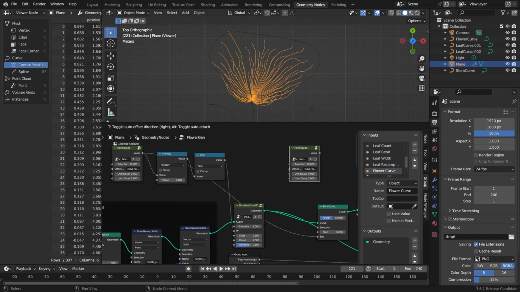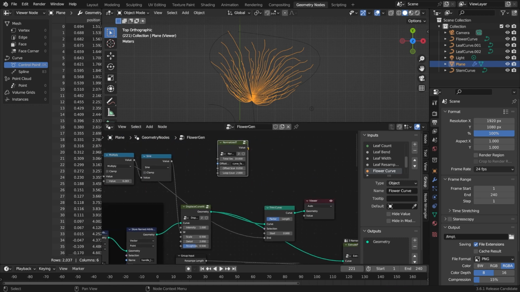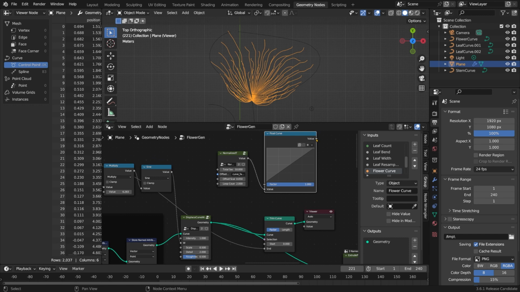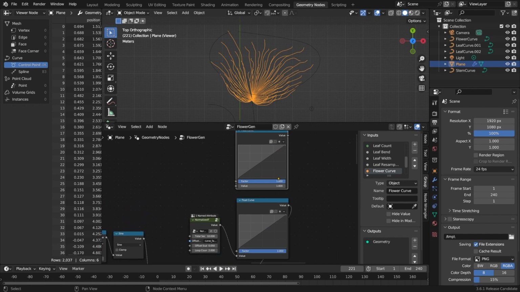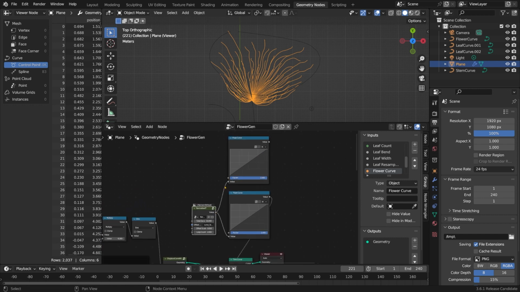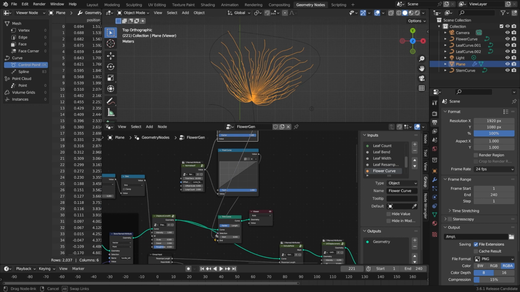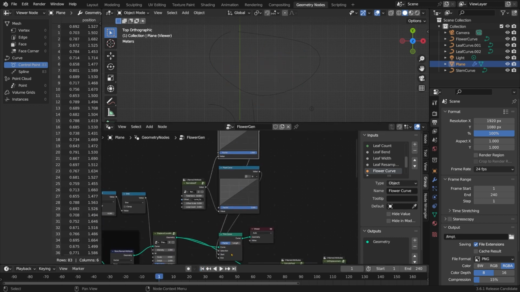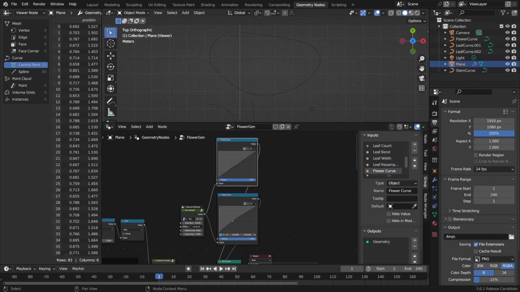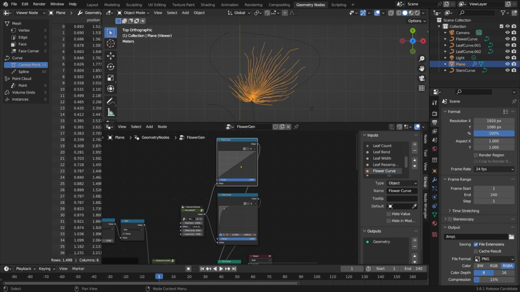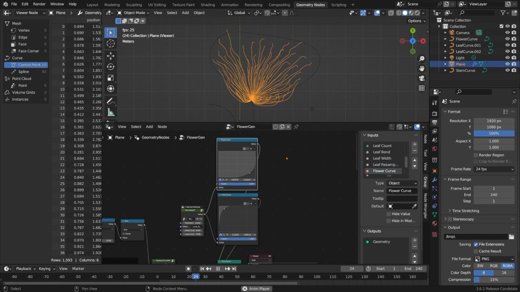I'm gonna duplicate normalized t and feed its value to a float curve. And then feed the float curve to the end factor of trim curve. Then I'm gonna duplicate the float curve, feed it the same normalized t, and then feed its output to the start of trim curve. Now, if we tweak the curve for the end factor to accelerate really fast in the beginning towards 1, and then warp the start curve to only slowly increase in the beginning and then accelerate towards 1 in the end,